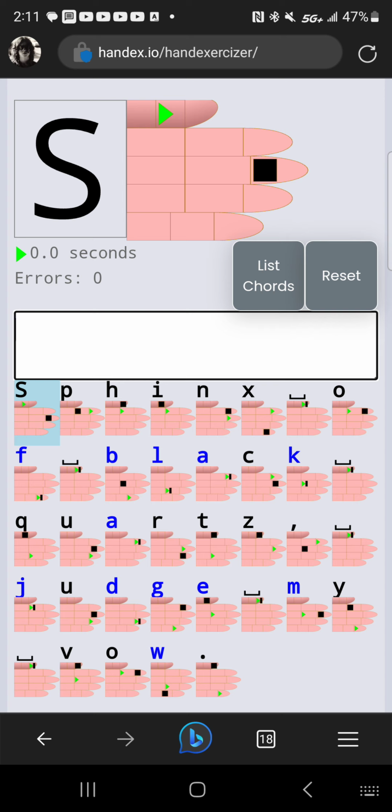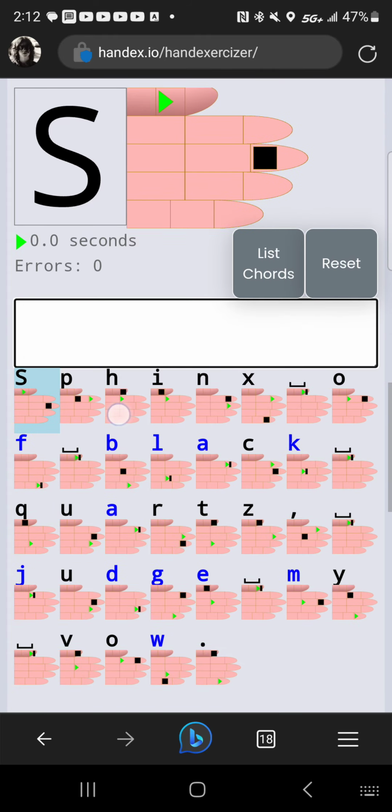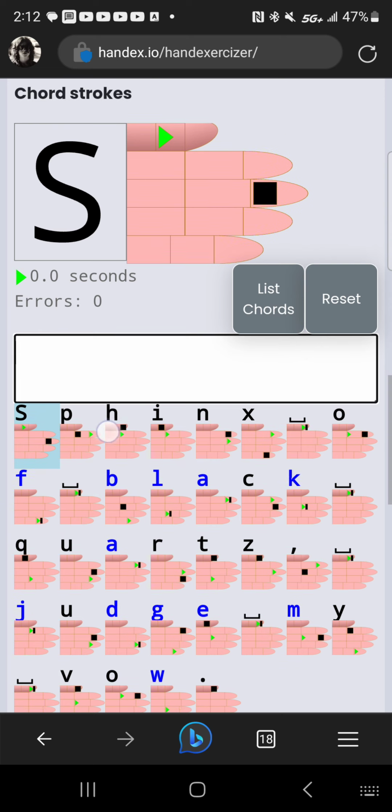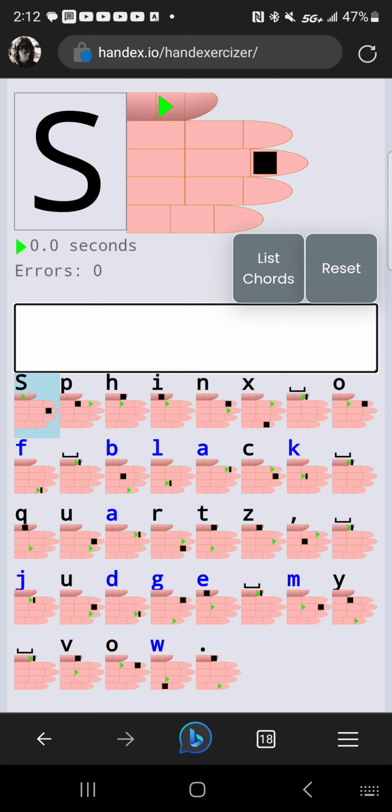It sounds like I'm talking about computers with these buffers, but it's real things in your real brain and your real hand that you can kind of feel. It's kind of interesting because of this very small environment. I can really sense it, and by environment, I mean I'm just looking at a glyph, it's my hand. I don't have to look out at a board. I never look down at my Handex. I never have to take my eyes off of the screen when I'm typing,